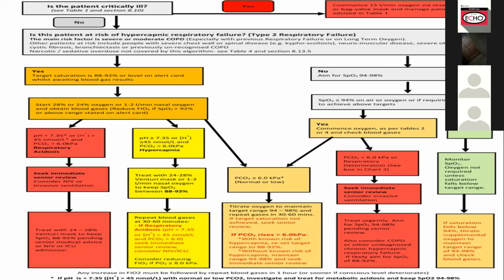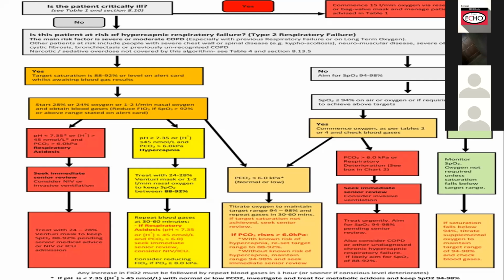It means respiratory acidosis. So really, you will need an emergency intervention from your senior, because this patient is at high risk of respiratory failure. Even though initially the patient was not critically ill, on the ABGs this patient is really at high risk of getting respiratory failure. But if you see there are no features of risk of hypercapnia, then that patient